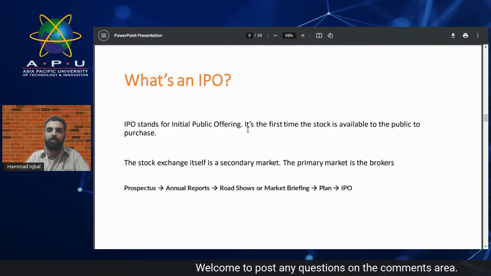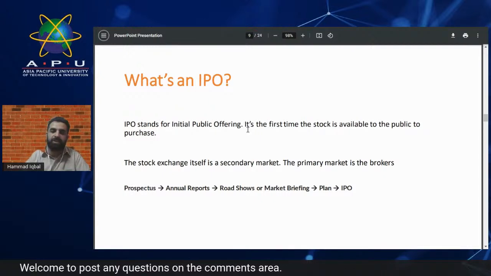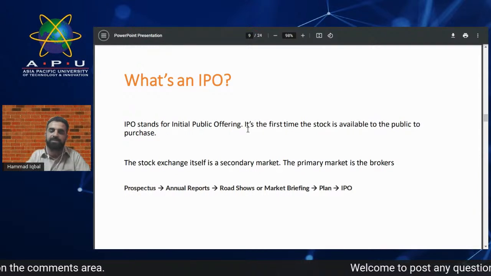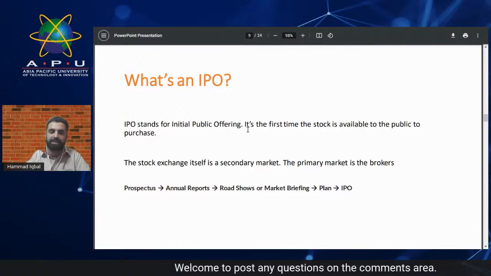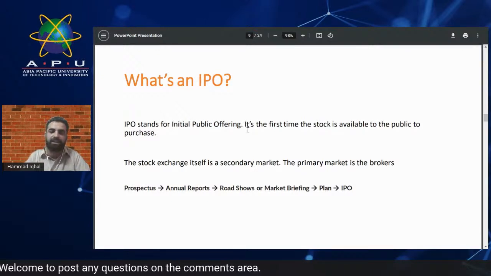That's the initial public offering, where I can fix the price according to the auditor, that this company is worth around $10 per share, that is to be launched. So once the base price has been fixed, then a day will be decided regarding the